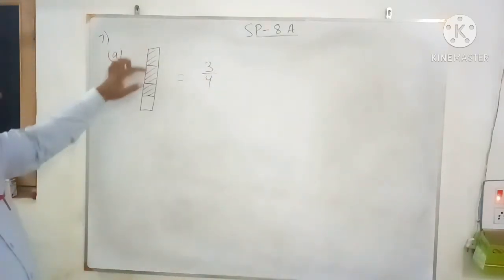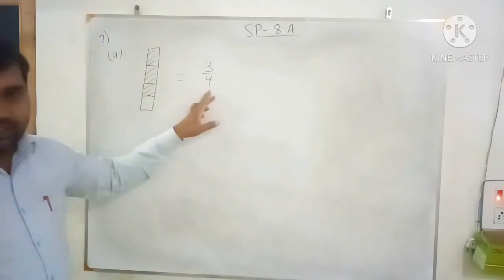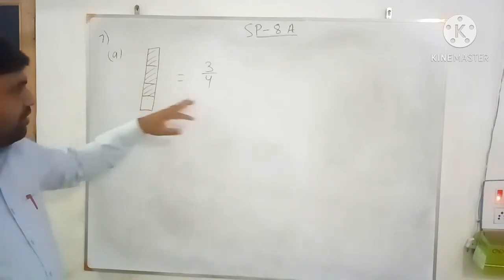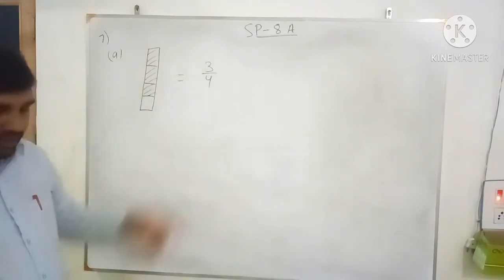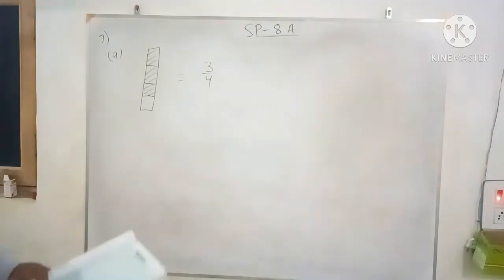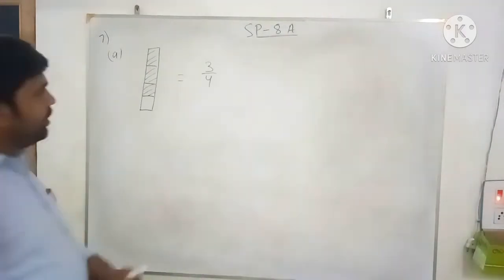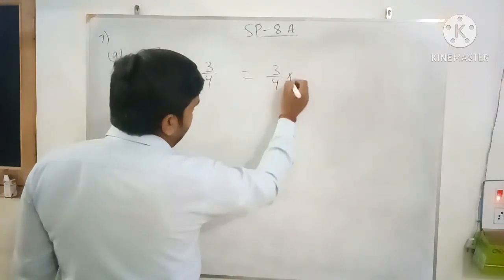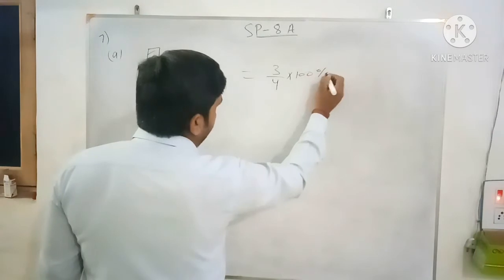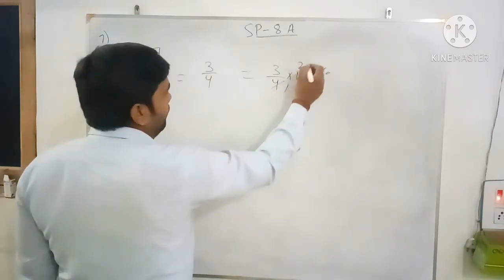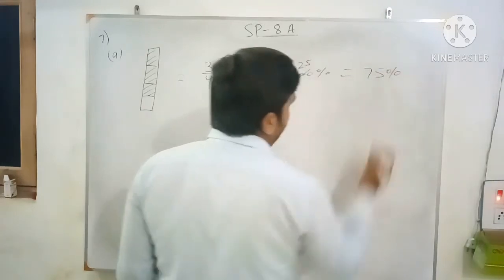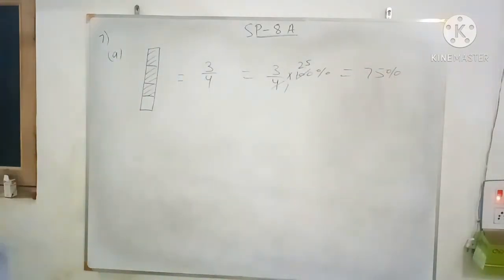First you count the total parts, 1, 2, 3, 4, and the total parts we write at the denominator place, and the number of parts which are stated, 1, 2, 3 parts are stated out of 4. So the fraction of the stated part will be 3 by 4. Now percentage, you can multiply this 3 by 4 by 100. So it will be converted to the percentage. 3 by 4 multiply 100. 4 1s are 4, 4 25s are 100, that is 25 3s is 75%. Now it is converted to the percentage. So 75% stated.